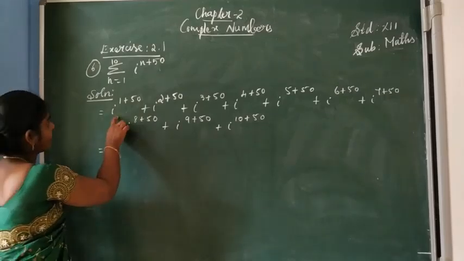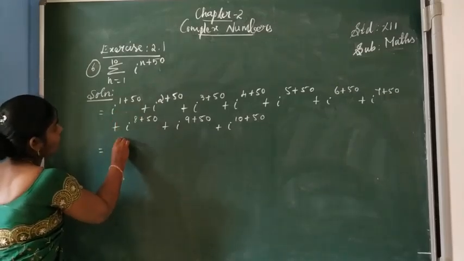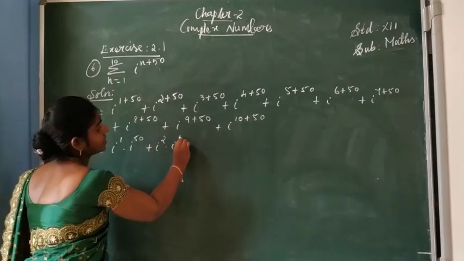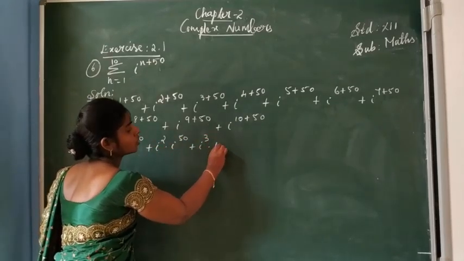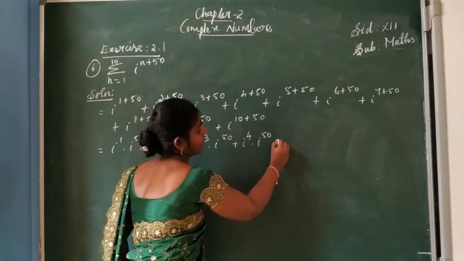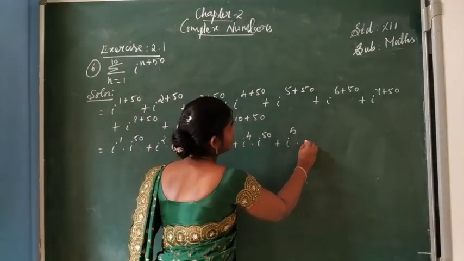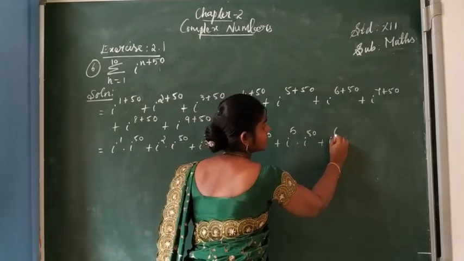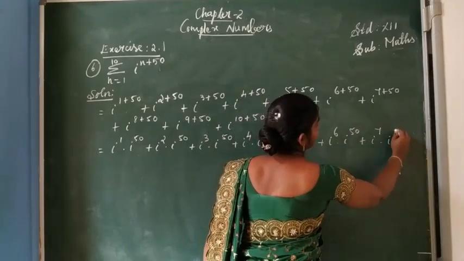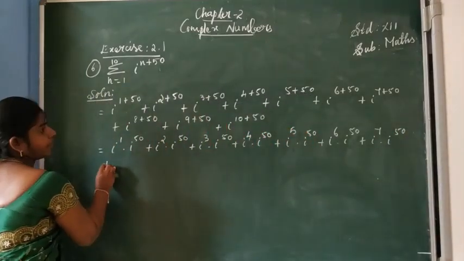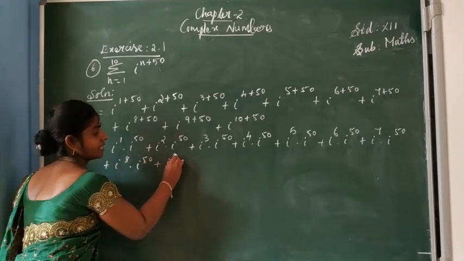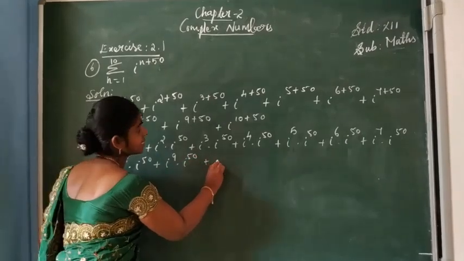So we can write this as i power 1 plus 50, i power 1 into i power 50 plus i power 2 into i power 50 plus i power 3 into i power 50 plus i power 4 into i power 50 plus i power 5 into i power 50 plus i power 6 into i power 50 plus i power 7 into i power 50 plus i power 8 into i power 50 plus i power 9 into i power 50 plus i power 10